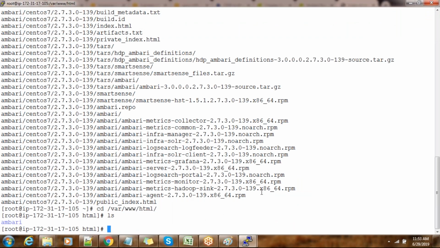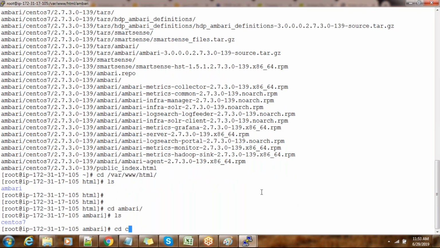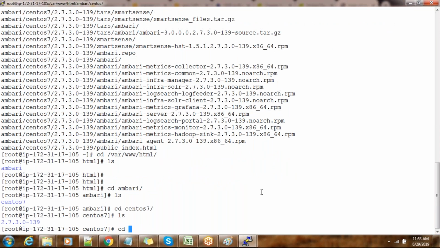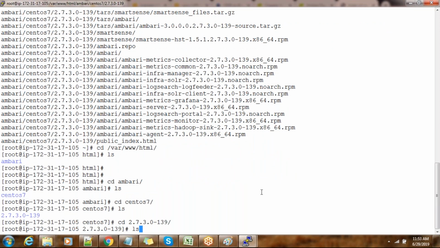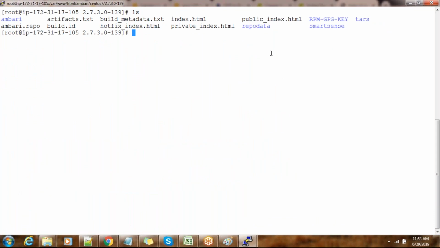So we need the path Ambari, then go to CentOS 7. Keep going inside until you see a directory repodata. That is just a shortcut to tell you how to collect this repo location. Keep going inside the directory until you see repodata, and take that path. You don't need /var/www/html because that is the default HTTP root directory.